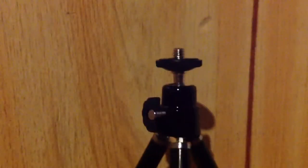You could buy this tripod for like a few dollars, like maybe like $2-3. Free shipping and handling. It might take like a month to get it in the mail. Like I said, I broke mine, so